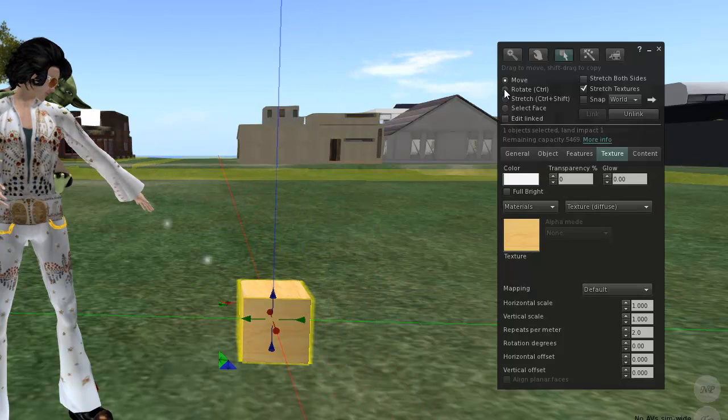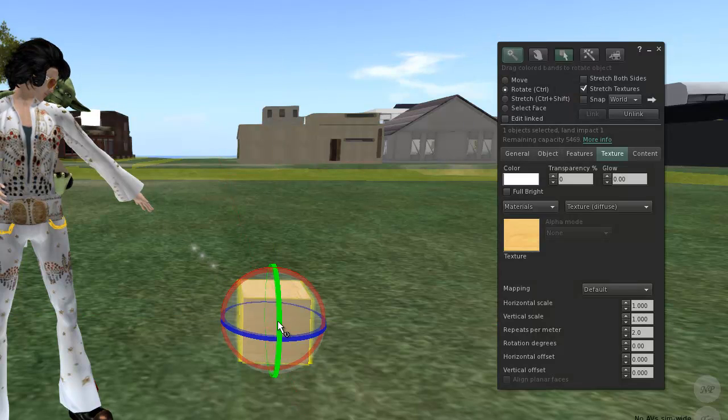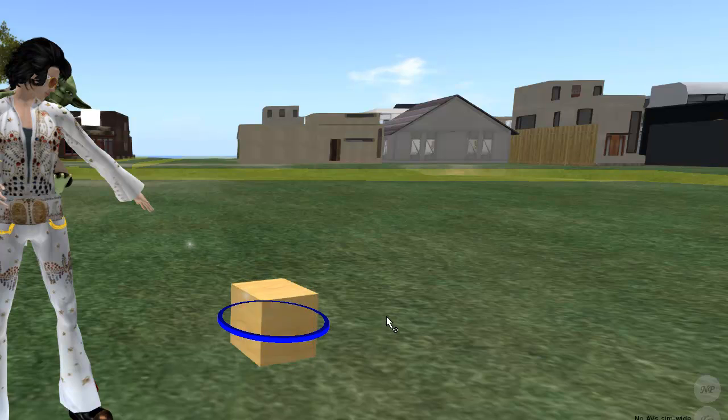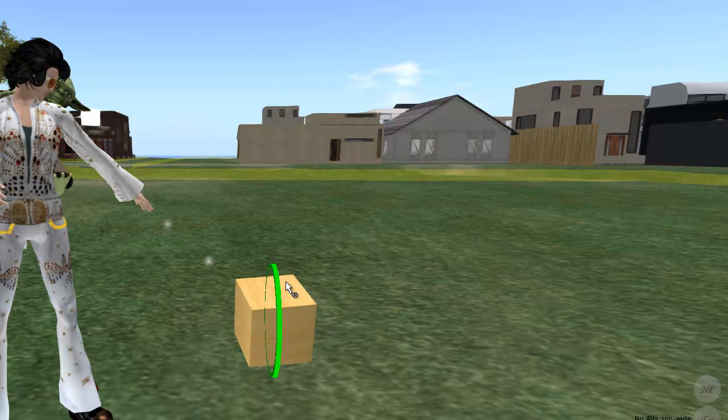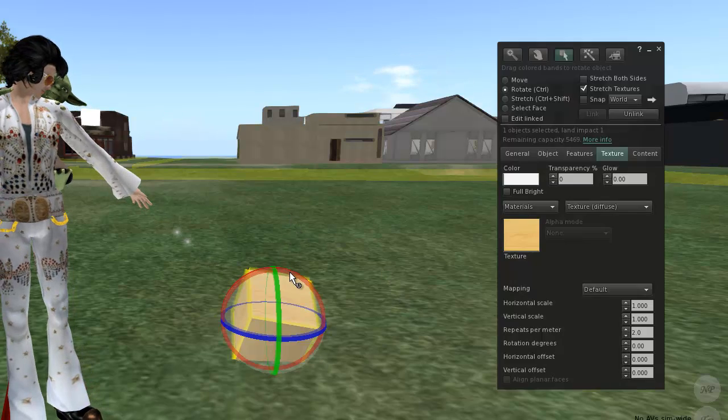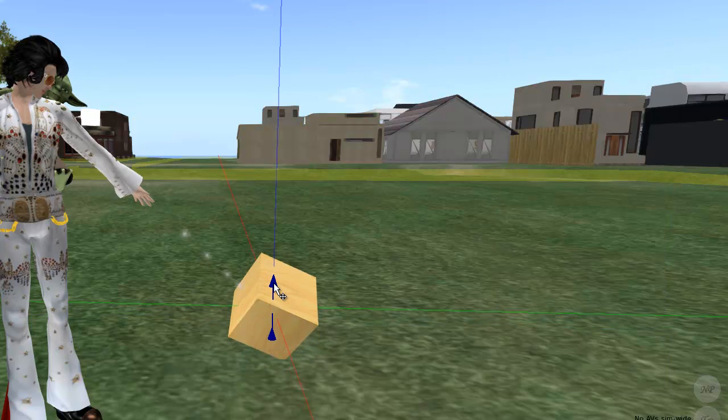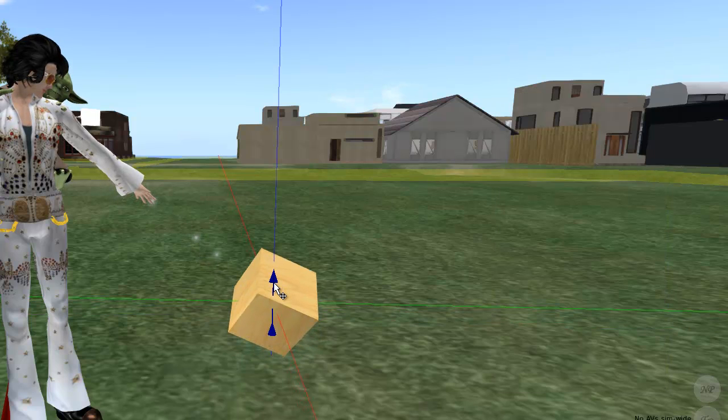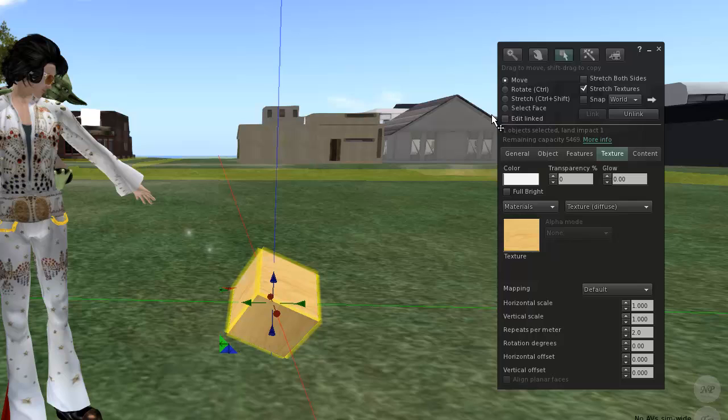If you select rotate, that'll bring up once again three handles that you can just kind of click and move like this, and say I want it to be on its end, I want it to be on its head like that, and right now it's in the ground, so I'm going to say move. I'm going to move it so it's right on top of the ground there. Alright, and the last thing I want to show you is